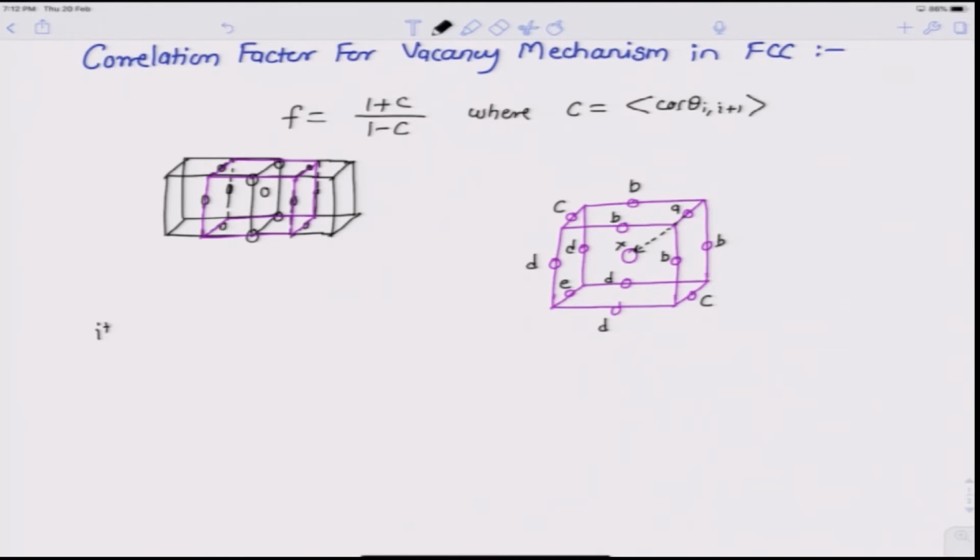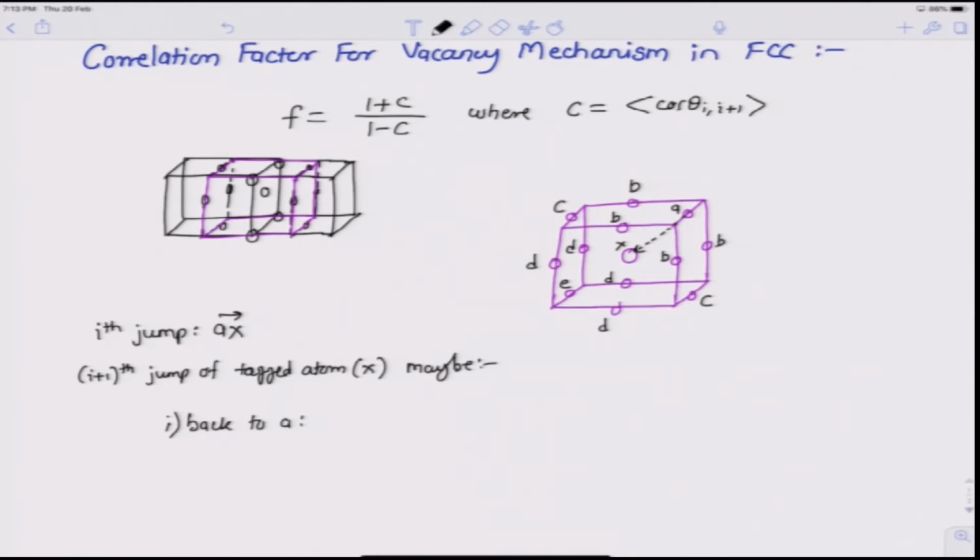So, let us say the ith jump is from A to X. So, the i plus 1th jump of the tagged atom, from X, may be either back to A, in which case cos theta, let us call it cos theta A, would be minus 1, or it can be onto one of the 4 B sites, for which cos theta B would be minus half,